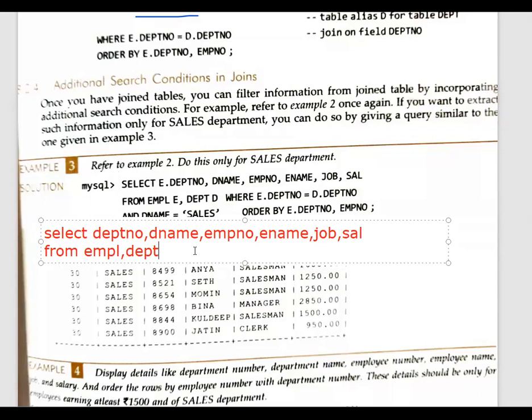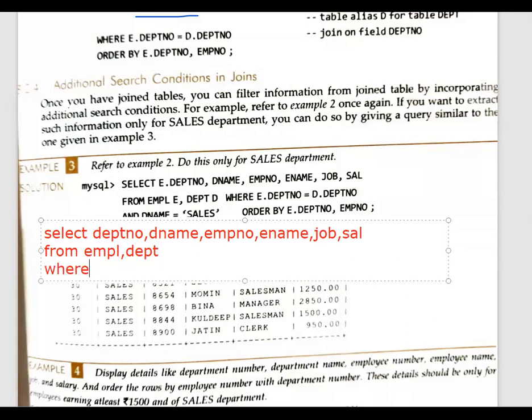So we need to give the where clause: where EMPL.DEPT number is equal to DEPT.DEPT number. Now see, in both the tables DEPT number is there, so we have to mention which DEPT number this one is. Any one you can write.